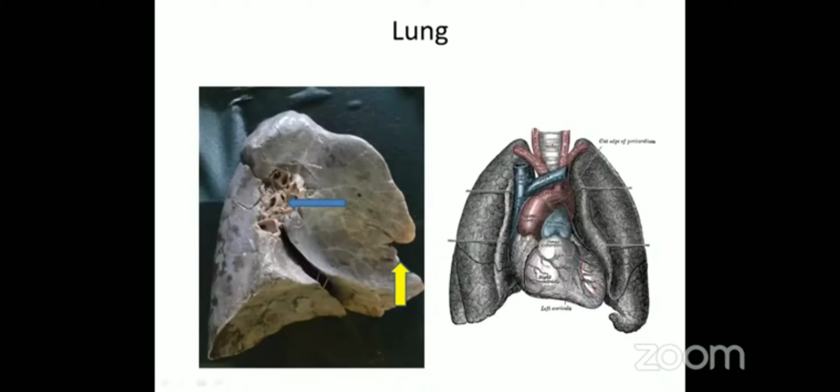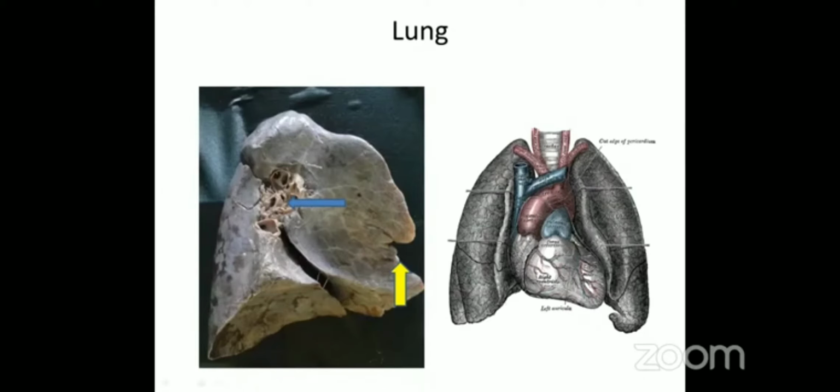The surface which is not visible now is the costal or outer surface in relation with the ribs. You may get markings of that, and this is the inner or the medial surface, which can again be divided as mediastinal surface and vertebral surface. In between, what is shown by the blue arrow, that is the hilum of the lung, the entry point through which structures are going inside or outside the lung.